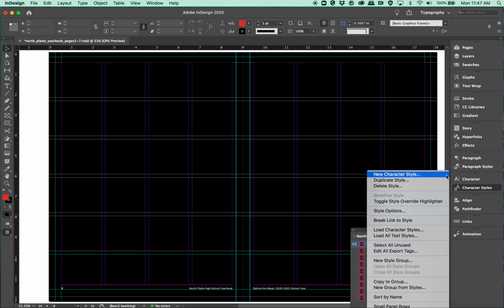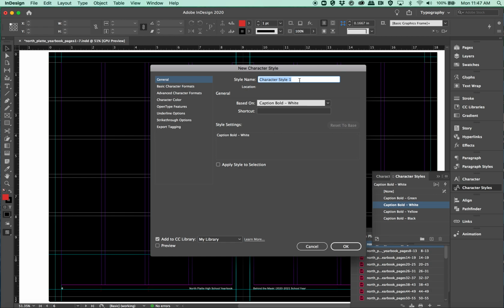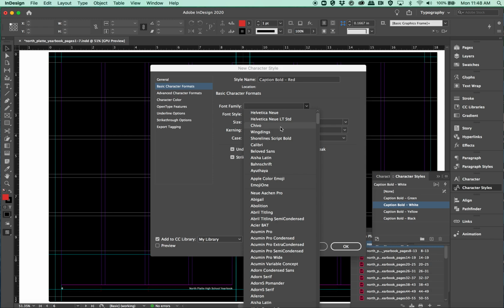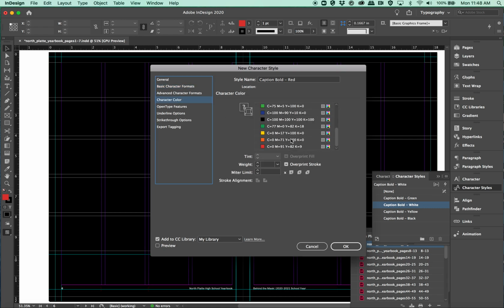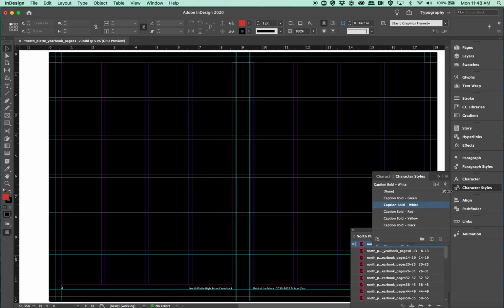Last one here is going to be the red. Again, it does get repetitive when you're doing similar things over and over, but it's good practice to remind you of what needs to happen. So we're going to do none for the stroke and red for the color. I just don't want to leave a question mark. That can be problematic. I'm going to go ahead and click OK, and now I'll see all of these are in here. I'm going to save this file,